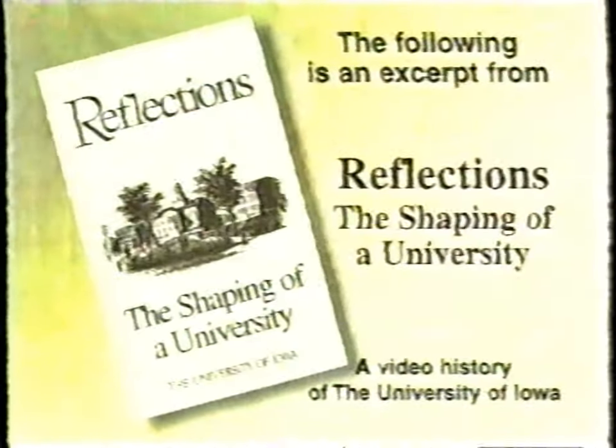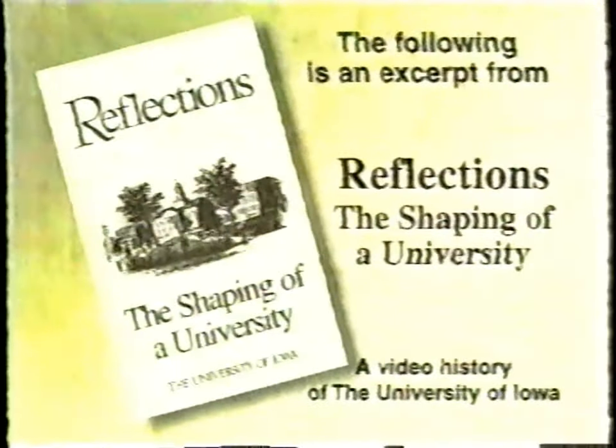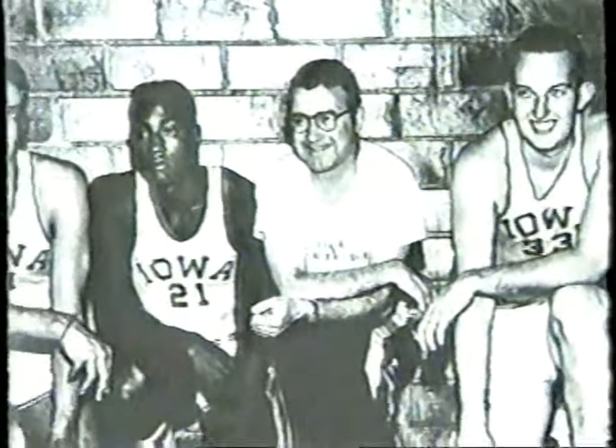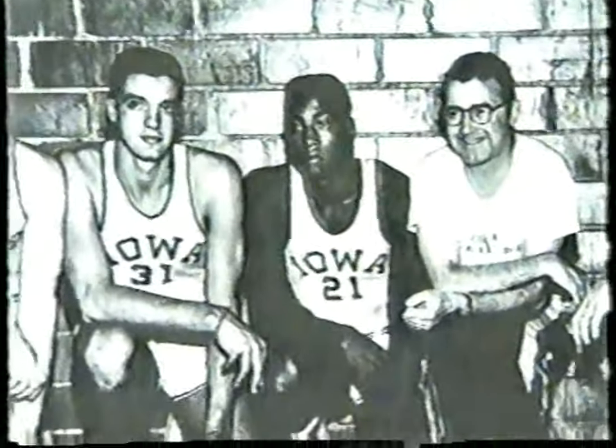We take a step back in time and reflect on one of those years when everything was perfect for the Hawkeye fans. March 24th, 1956, the game for the national championship in college basketball pitted the University of Iowa Hawkeyes against the University of San Francisco Dons and their 6-foot 10-inch center, Bill Russell. The Hawkeyes were defeated 83-71. But one of the finest college basketball teams in Iowa history was Bucky O'Connor's fabulous five: Logan, Kenny, Seaberg, Scheuerman,